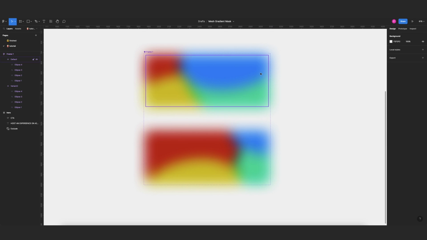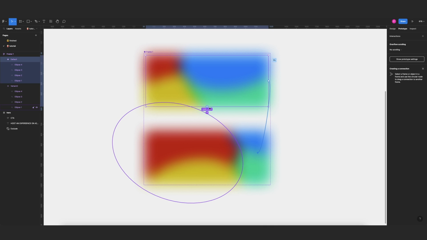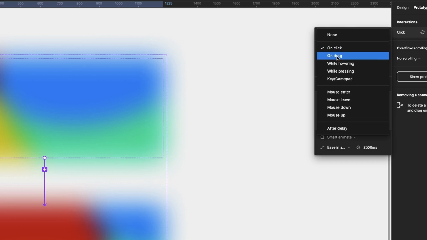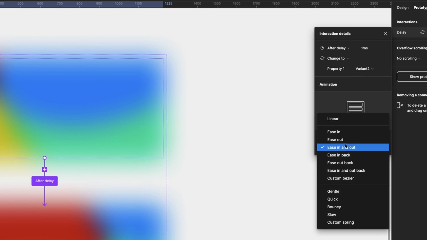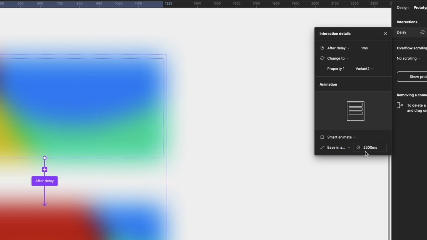After that, what we need to do is to add the animation. So I'll come here in prototype, then I will select the frame. I'll connect this frame with the second frame, and we want this to be after delay. We want it to be instant, so I will change this to 1 millisecond. And we need it to be smart animate, ease in and out, and the duration 2500, or could be more